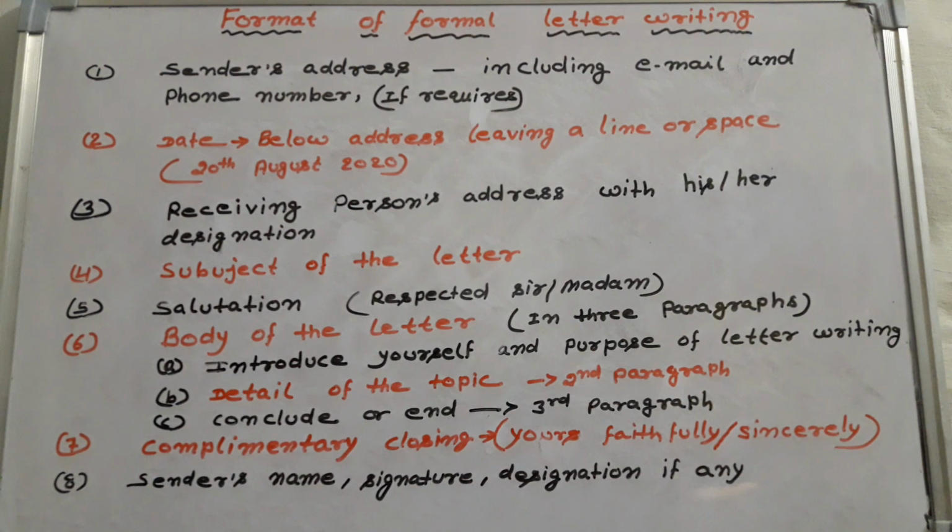तो इस तरह से हम लोग पत्र का जो बॉडी होगा, वो मेन पार्ट होगा, लेटर का जो बॉडी होगा, उसको हम लोग तीन पैराग्राफ में डिवाइड करेंगे। पहला पैराग्राफ जो होगा हमारा इंट्रोडक्शन होगा, उसमें राइटर अपना इंट्रोडक्शन और अपने पत्र लिखने के पर्पस को लिखेगा कि वह लेटर किस विषय में और किस पर्पस से लिख रहा है। दूसरा पैराग्राफ होगा जिसमें उस टॉपिक पर जिस पर आप पत्र लिखना चाहते हैं, उसका पूरा एक्सप्लेनेशन डिटेल देना होगा। और तीसरा पैराग्राफ एंड करने वाला होगा, ये वाइंड अप करने वाला होगा, लेटर को खत्म करने वाला, ये समाप्ति की लाइन होगी।